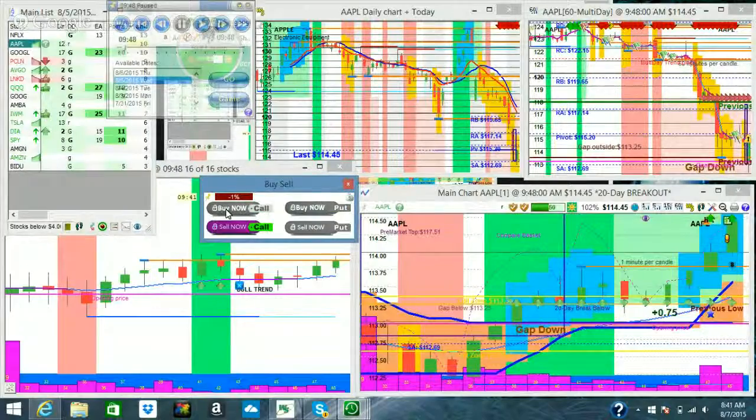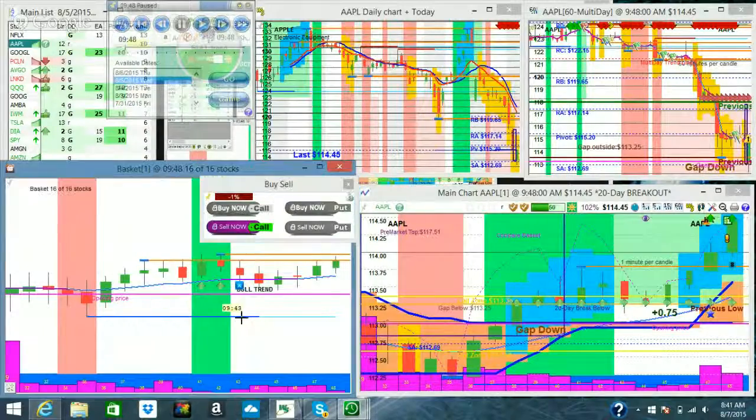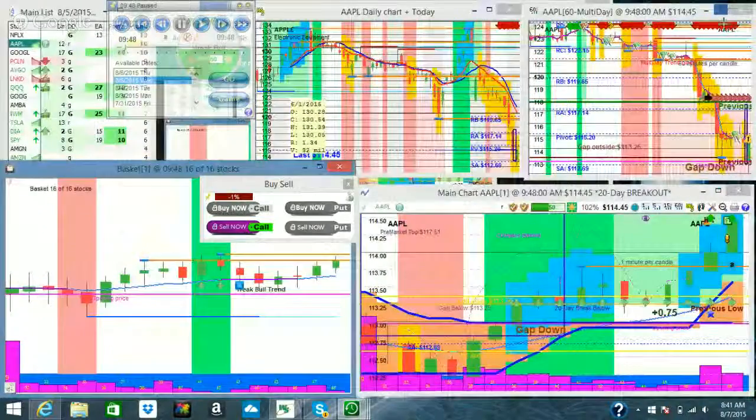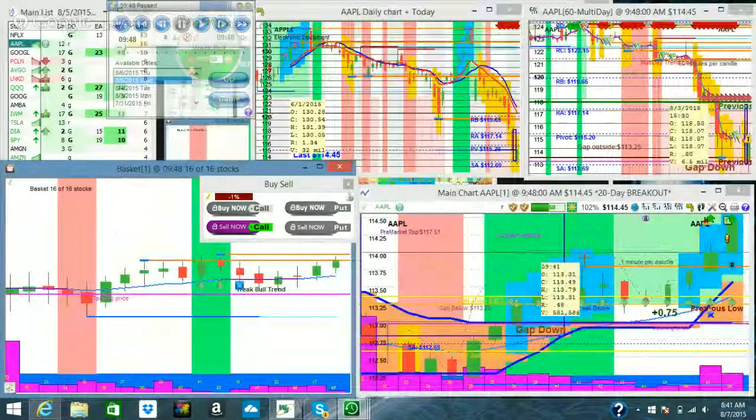Now, what we have to wait for here is, because you had a high range candle, it could turn around quick on us. So what we need to do is be ready to get out. If anything goes against us, what we're going to be looking for is the market right here to break above these Y points. If it does, it's going to be a really good trade. If it does not, we're going to need to get out.